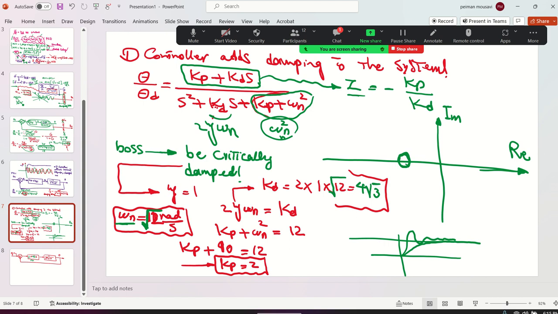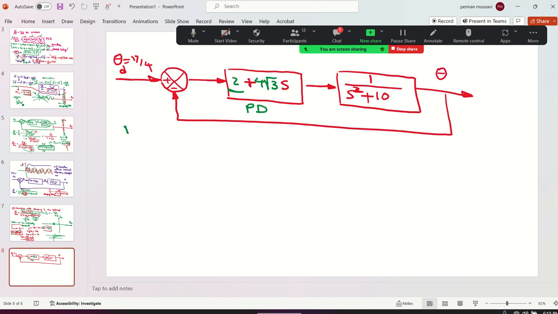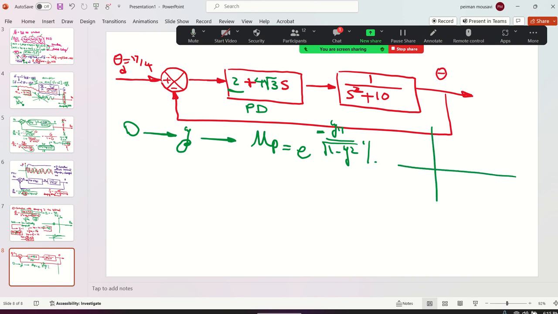Okay. So you saw that the D controller added damping to the system, zeta. But remember, when you had overshoot, you have your notes was minus zeta pi over 1 minus zeta squared in percentage. Remember? When we had underdamped system was this. So you see that D, like P, has another function, is to modify, I'm teaching, transient response